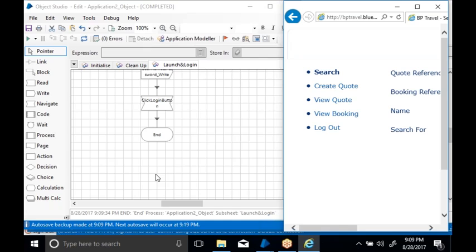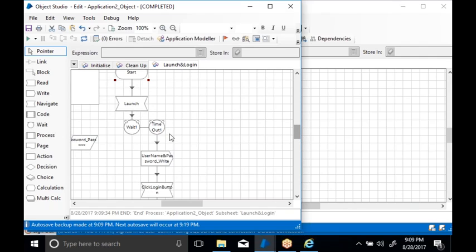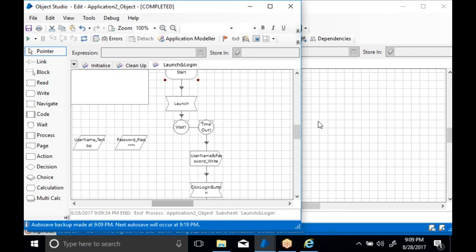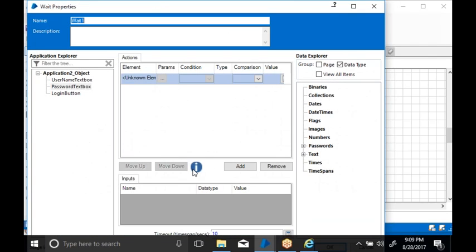But there is one disadvantage that we can identify in the wait stage. Here in this wait stage, you have given a static time of 10 seconds, but your application is loading before the 10 seconds. What is happening here is that you are going to wait some time. You are going to waste processing time. Sometimes it is able to load in 2 seconds, sometimes in 5 seconds, sometimes in 8 seconds, but you are always waiting 10 seconds.